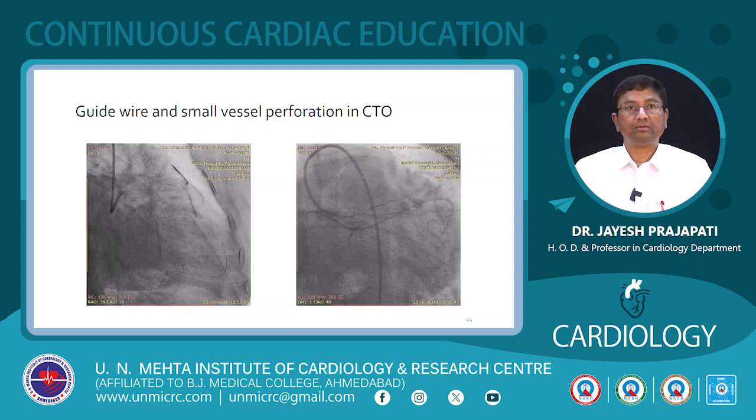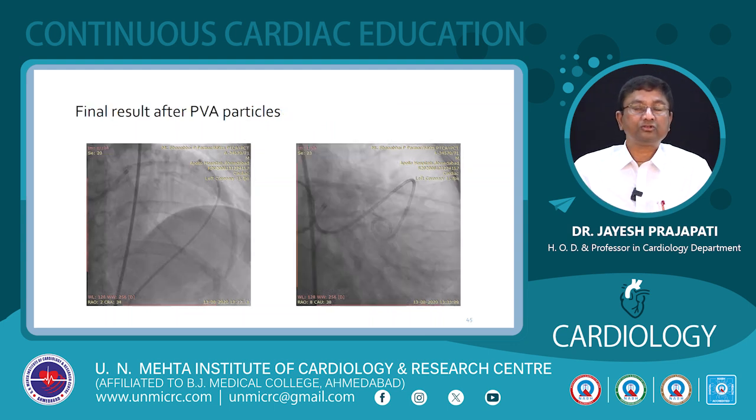It was a CTO, and it was a proximal perforation. Collateral was filling up a distal perforation. We went to the diagonal. So the perforation is proximal to the CTO, so very easy for us. So what we did,